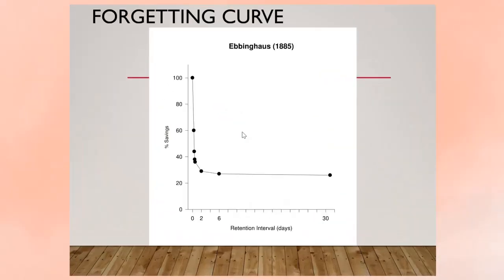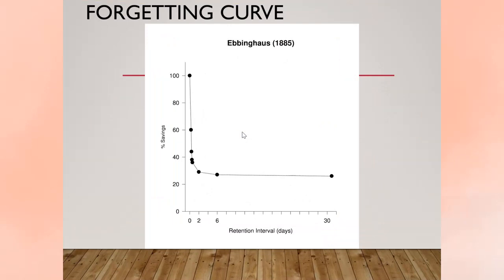And Ebbinghaus, what he did is he created and learned what he called consonant vowel consonant trigrams. So you take a consonant like D, a vowel like A, and a consonant like X, and you create this DAX, consonant vowel consonant trigram. So he created all these kinds of things. He studied them till he learned lists of them to perfect criterion. That is, he could remember all of them. So it was definitely in his memory.